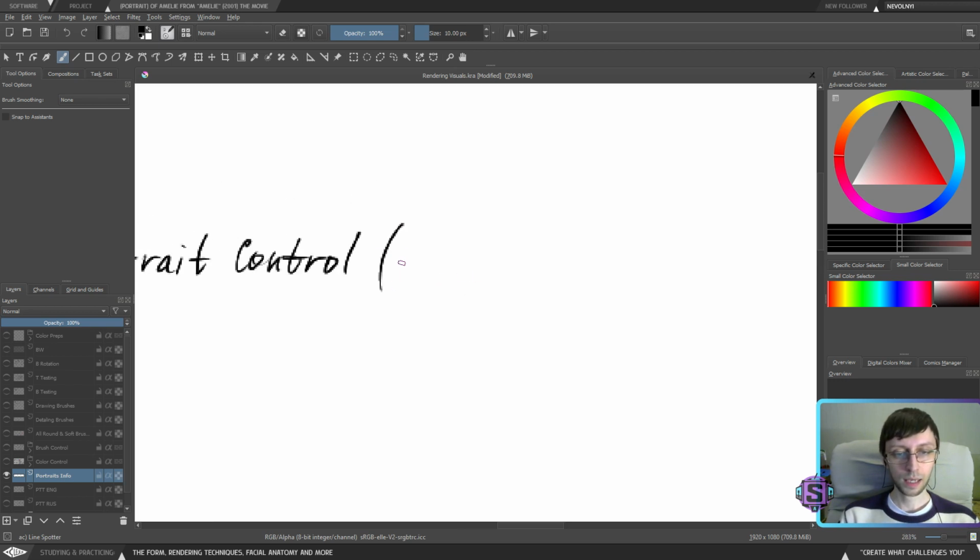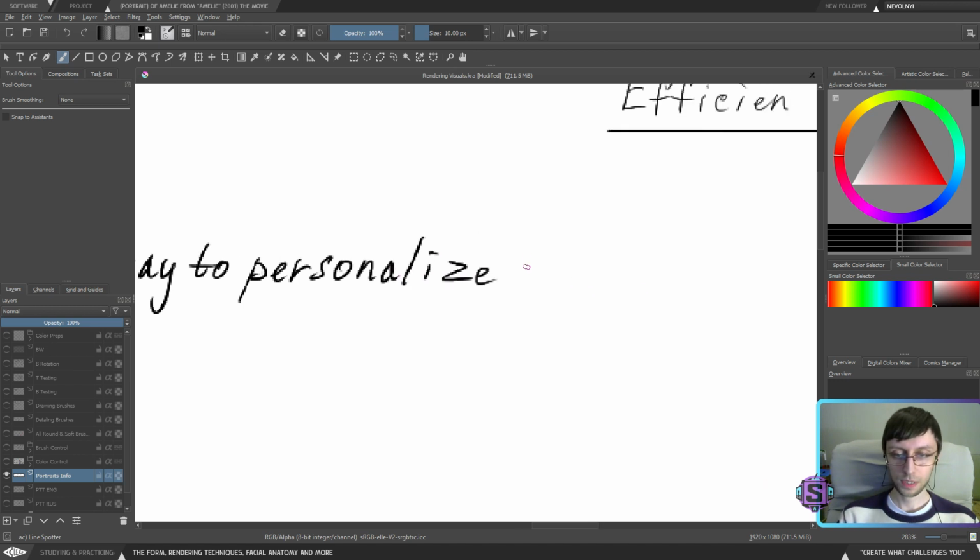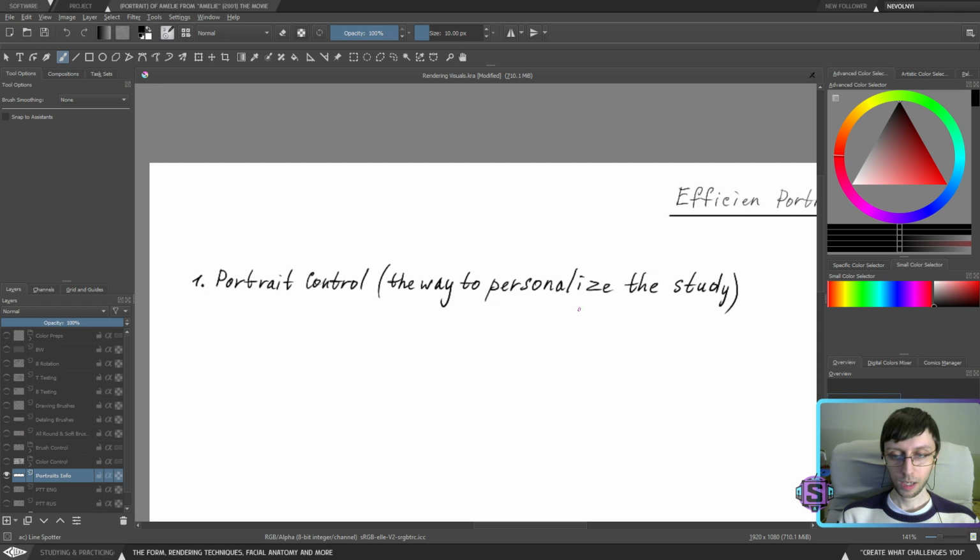Basically, a way to personalize the study. So instead of just studying portraits, we actually go and create our own version of the portrait.